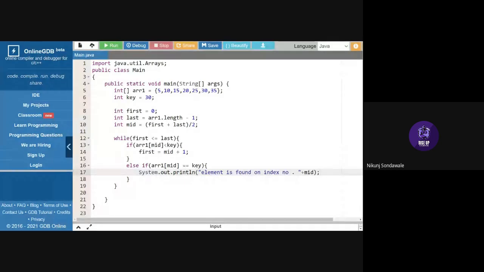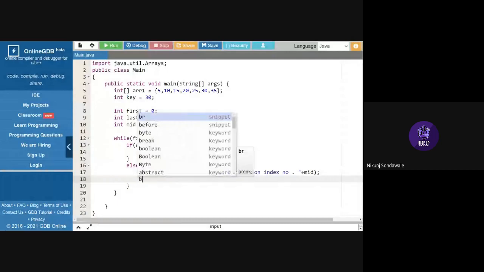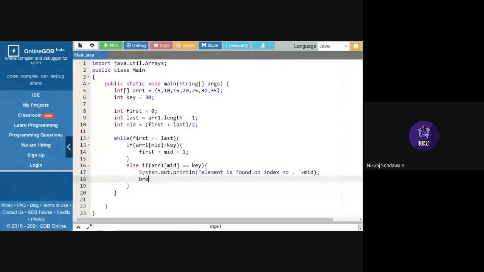Here we have found the index. And break. If you find mid equal to key, break the loop, because we have found the element.